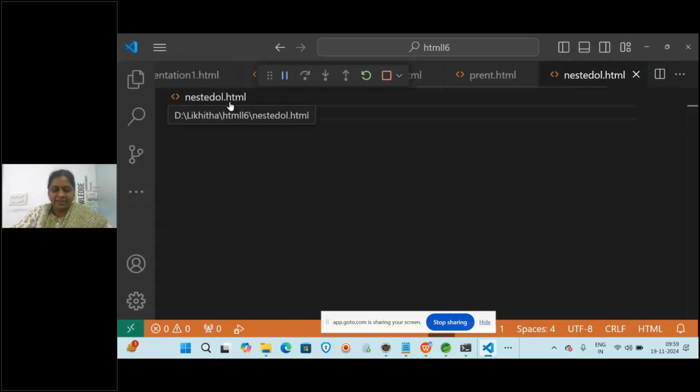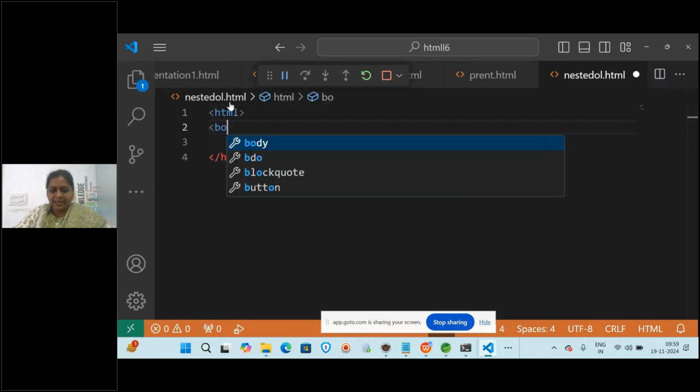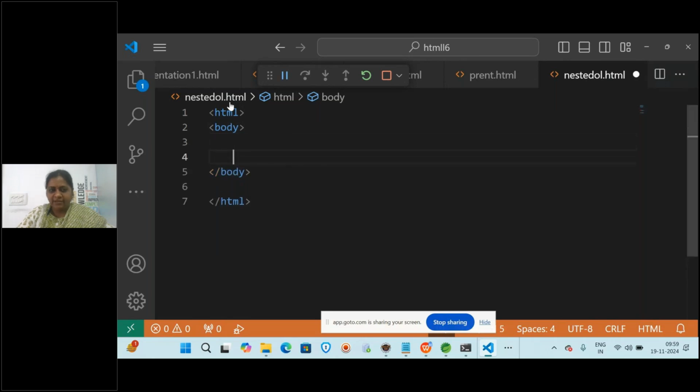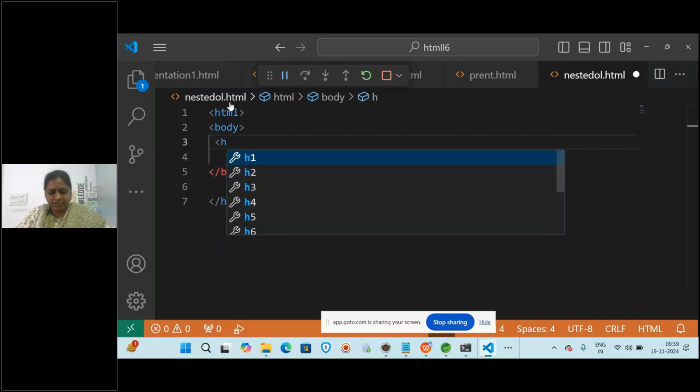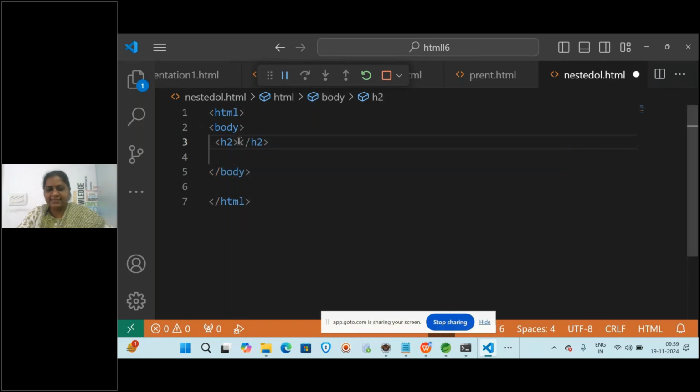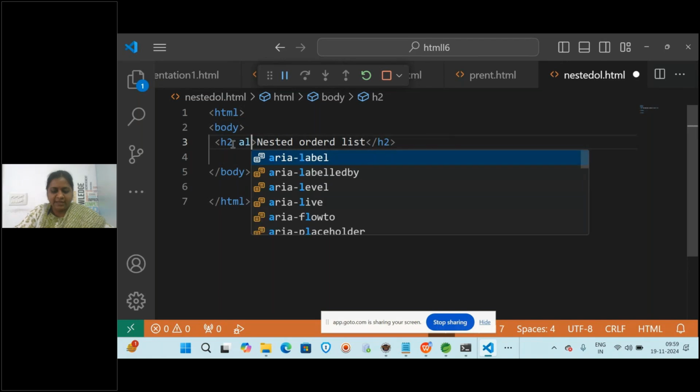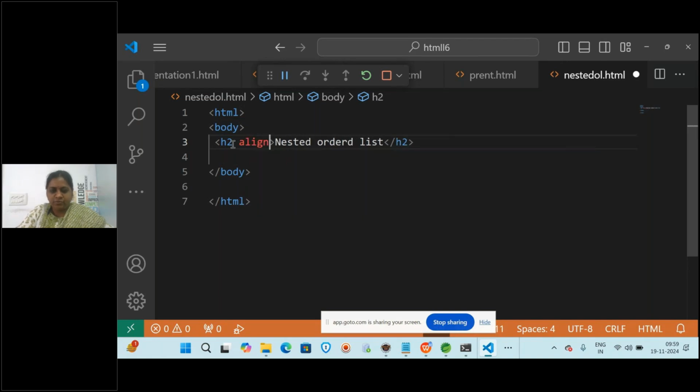First I write html, and inside it I write the body tag, and inside the body tag I write an H2 heading. You can use anything, H1, H2, H3, H6. Nested ordered list as a heading, and you can give alignment also if you want: align equal to, in double quotes.